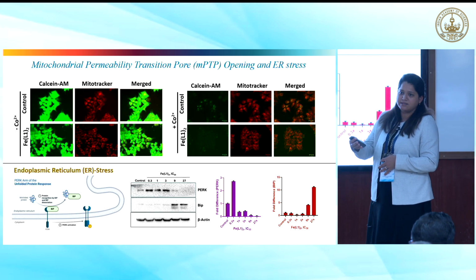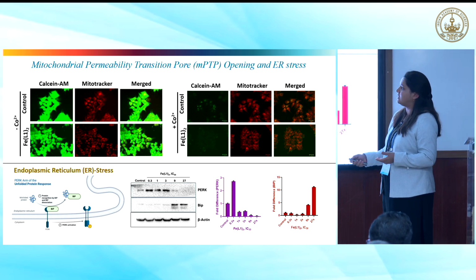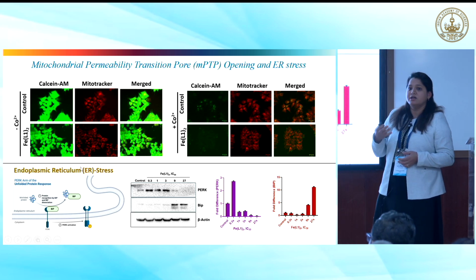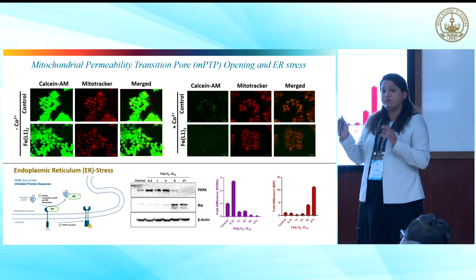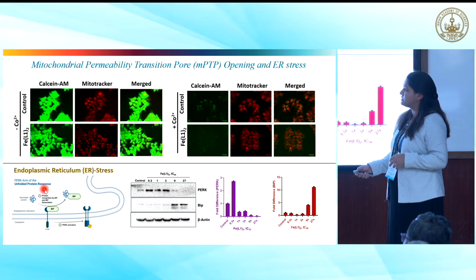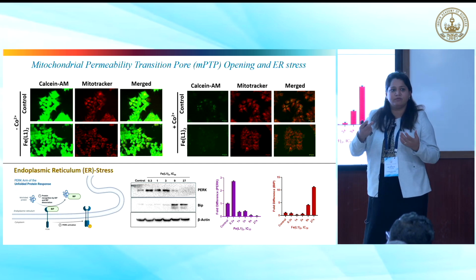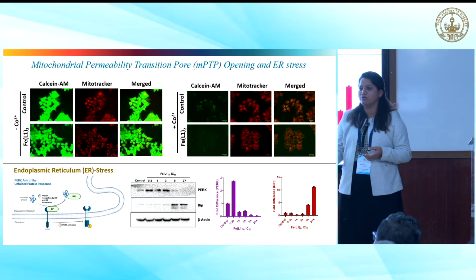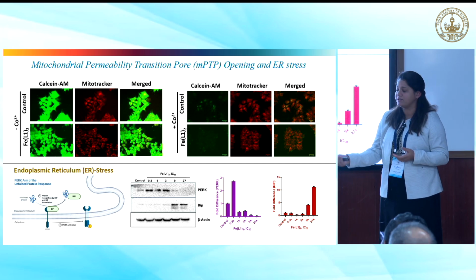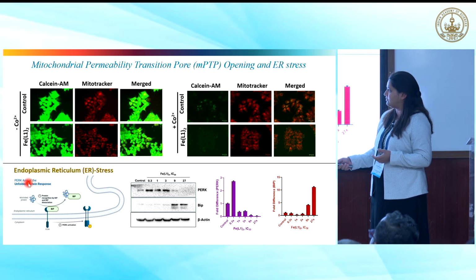Now, all these events, the downstream of these events, is that eventually we see endoplasmic reticulum stress. The endoplasmic reticulum is one of the major sites which leads to the unfolded protein response cascade being activated. So what did we start with? We started with wanting to convert the cold tumor into hot tumors. That was our initial goal, right? So eventually that's what we want to do with this class of compounds. So here the unfolded protein response cascade gets activated.